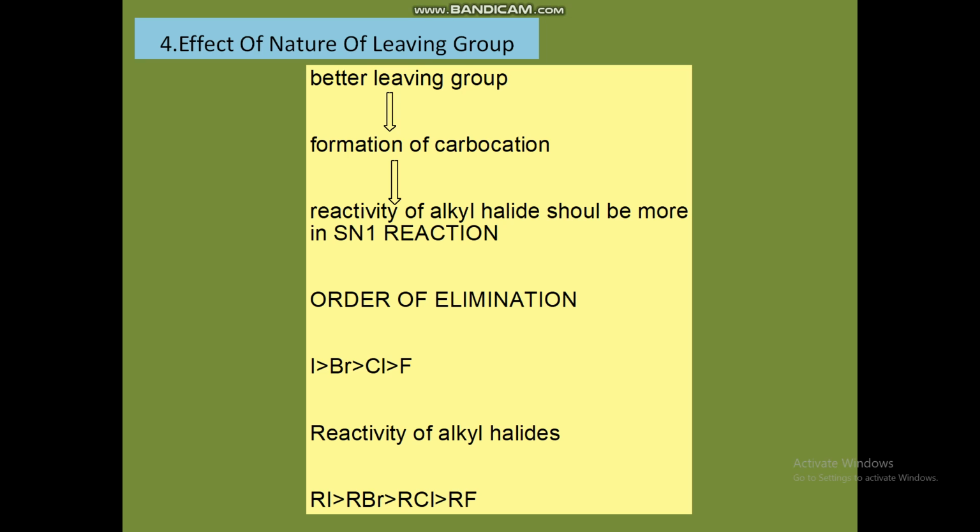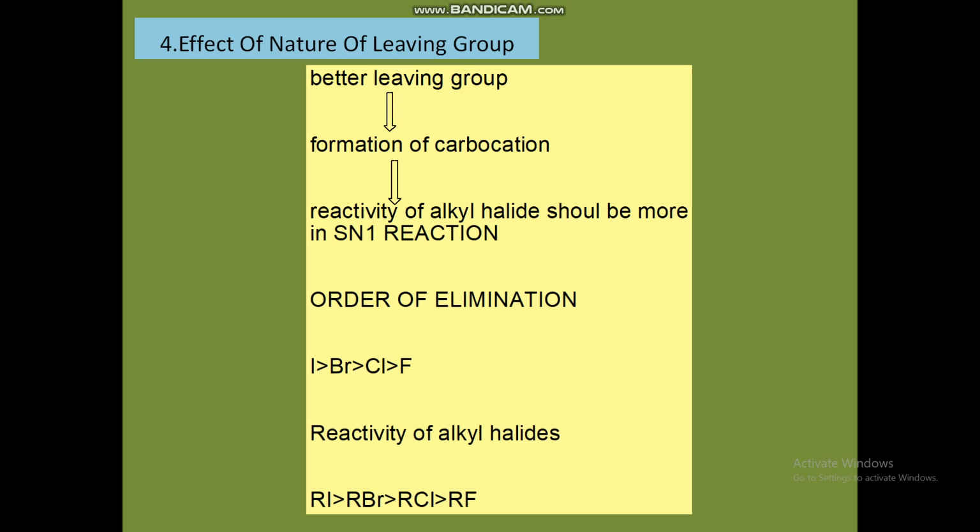More polar solvents favor the SN1 reaction. In the SN2 reaction, a more polar solvent slows down the reaction. Mild nucleophiles, such as alcohol and water, can be used in the SN1 reaction, but strong nucleophiles, such as the alkoxide ion, have to be used in the SN2 reaction. Tertiary alkyl halides are common substrates in SN1, but primary alkyl halides are common substrates in